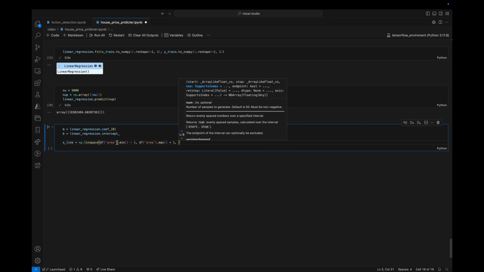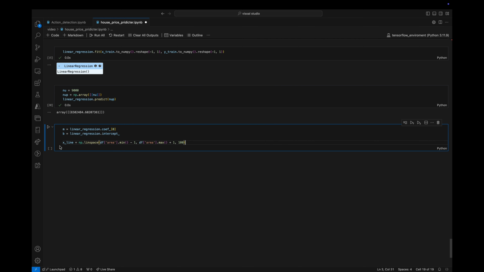100 numbers from this minimum up to this max, 100 numbers. This integrator is going to figure out those numbers, but the difference between one number and another is going to be equal for each. So 100, and this will be our x line. But for the y line,